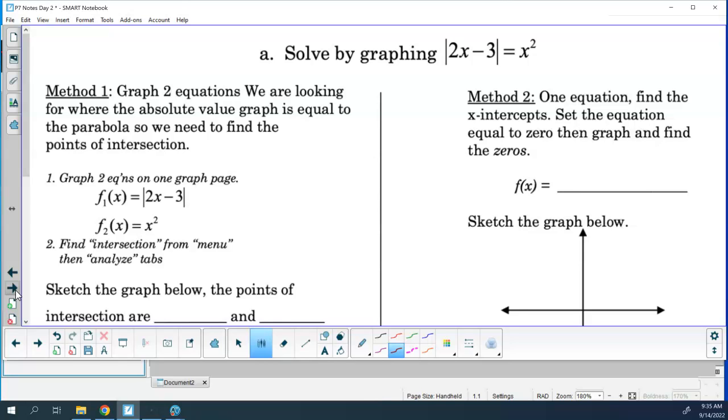Option number one, I should say you have a few options, but before we get to the graphing part, option number one is you could simplify your function or your equation so that you get it all to one side or make it nice and neat. In this case, with an absolute value, that's not possible. Because you got to work the two equations and all that fun stuff. So one way around that